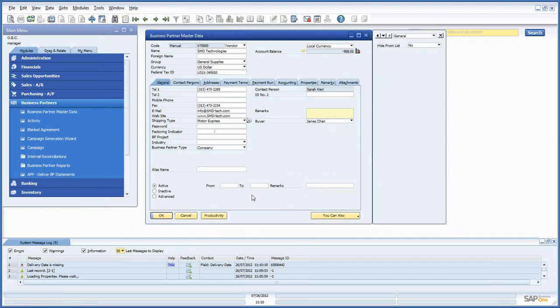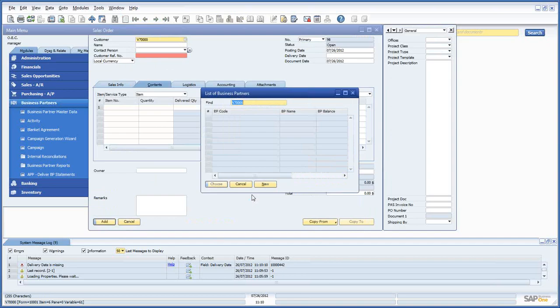If you hit the productivity button from the vendor record, it's going to attempt to put the vendor record into the sales order. And SAP doesn't allow that. It doesn't allow vendors to be placed on sales orders or any sales document. So it pops up a different window here. It says, okay, I didn't find that customer, is essentially what it's telling me. And then it just snowballs from there. So if I hit cancel,